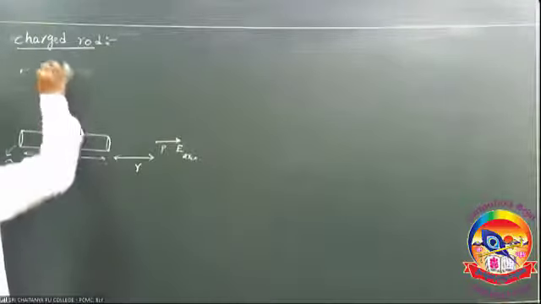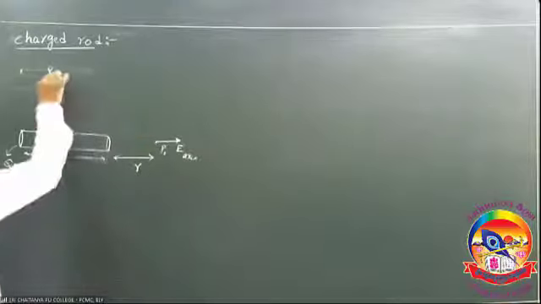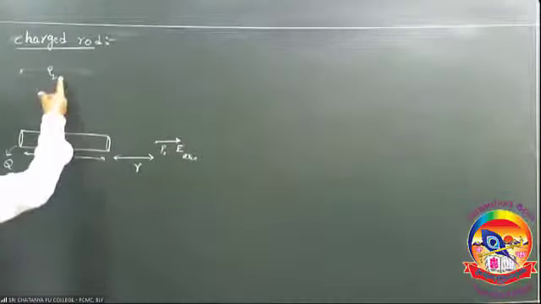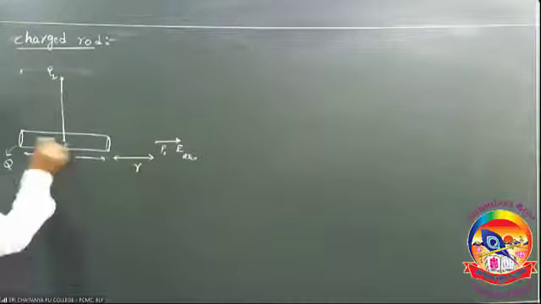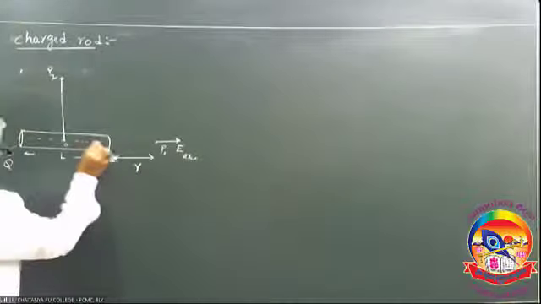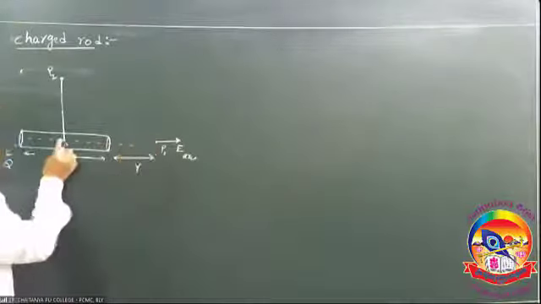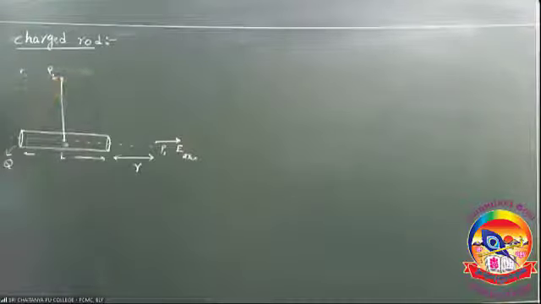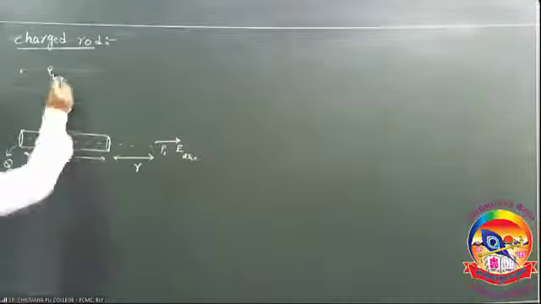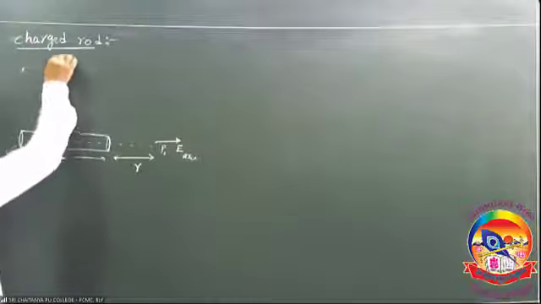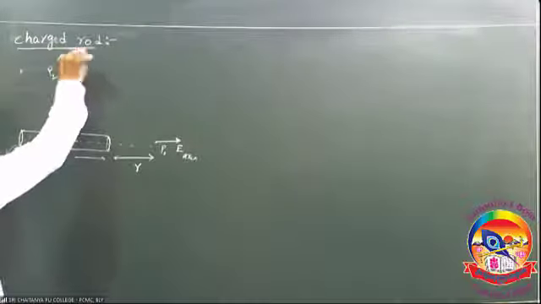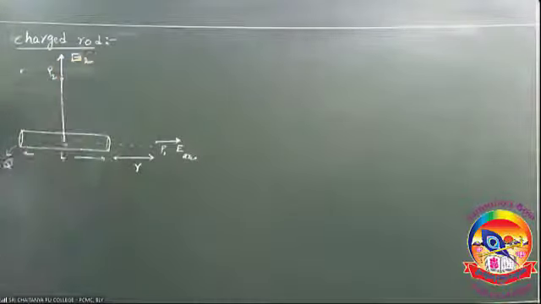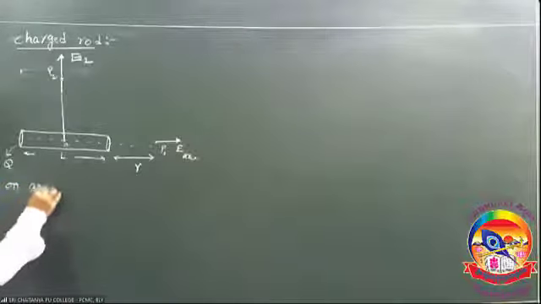Here is the point. Let it be P1. This is called the equatorial line, the line which is perpendicular to the axis and passing through the center. At this point, what is the intensity along this line? We got that intensity in this direction, total intensity. Let that intensity be E2. So on the axis,